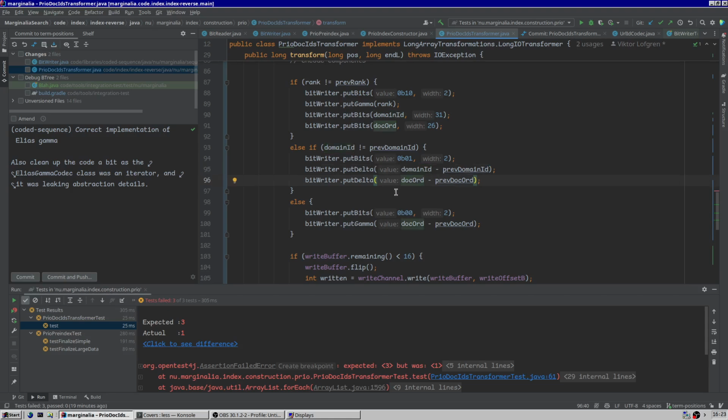Question is, I think this should be like 1 plus the difference, because otherwise we may end up trying to encode a 0, and these gamma and delta codes can't represent zeros. But this one is trivially not the same because we've checked that they're different. So yes,